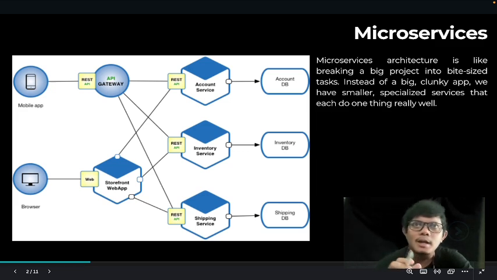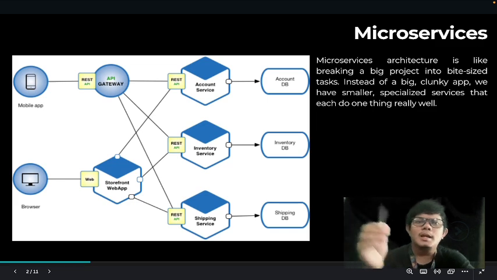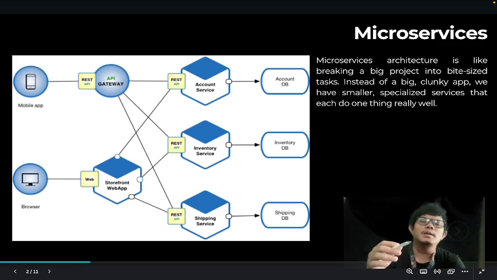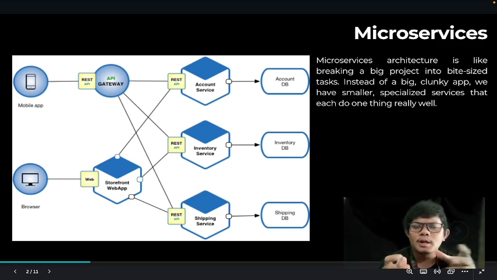This affects scalability as well. If the food truck becomes very popular, scaling up is challenging. You cannot just add more food trucks easily. You will need to duplicate the entire setup.